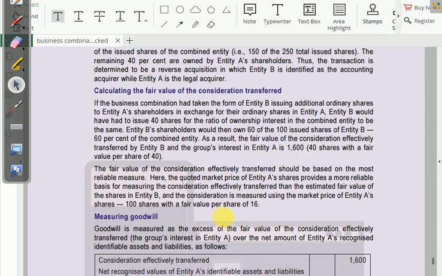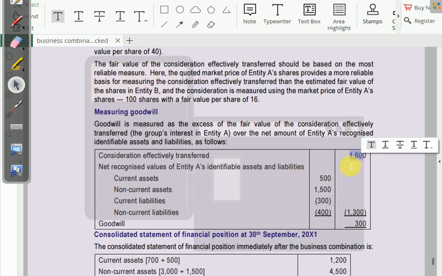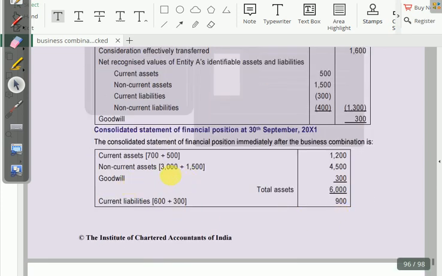should be based on the most reliable measure. Here the quoted market price of entity A shares provides a more reliable basis for measuring the consideration effectively transferred rather than the estimated fair value of the shares in entity B, and the consideration is measured using the market price of entity A shares, 100 shares with the fair value of 16 each। ठीक है, फिर हमने गुडविल निकाल ली। इस तरह से हमने कंसिडरेशन 1600 पे किया जो उसके 100 शेयर्स इंटू 16 रुपीज़ है और उसकी एसेट्स है ये 1300। तो हमने 300 गुडविल पे की।